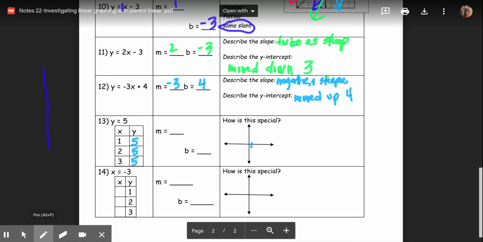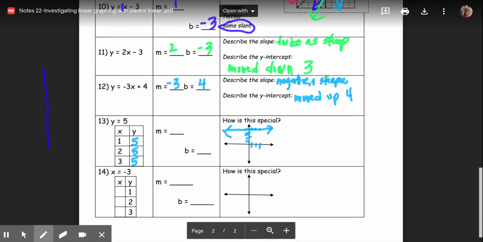So if this is 1, 2, 3, 1, 2, 3, 4, 5. So if I plot the points, I go right 1 up 5, I go right 2 up 5, I go right 3 up 5. So this is a horizontal line, which means the slope, horizontal lines